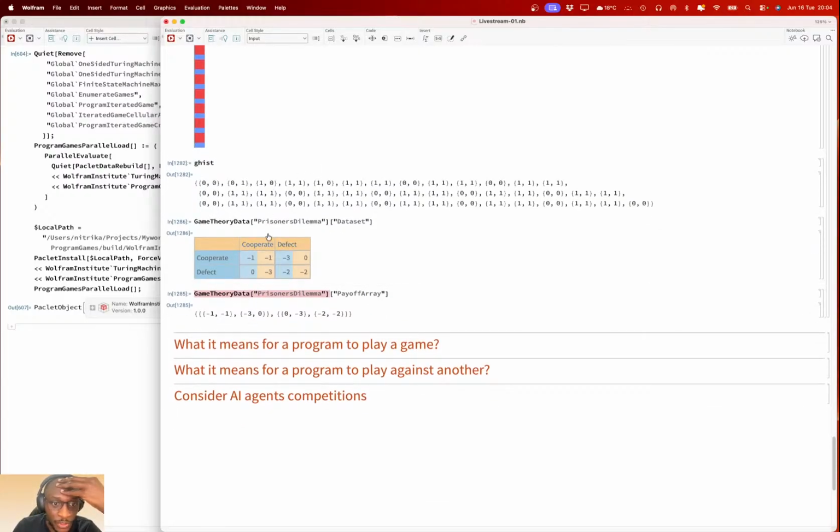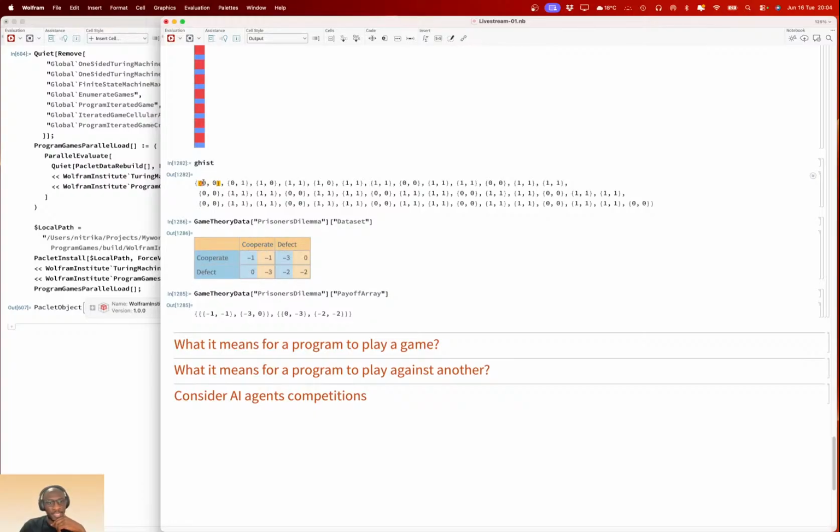So how do you use payoff in this case, right? And it's simple. This is a matrix, right? And each of these boxes represents indexes in the matrix. So for this case, we have cooperate and cooperate, right? So you go cooperate, cooperate, and you get the payoff for those two.